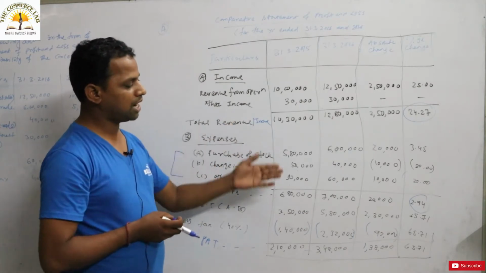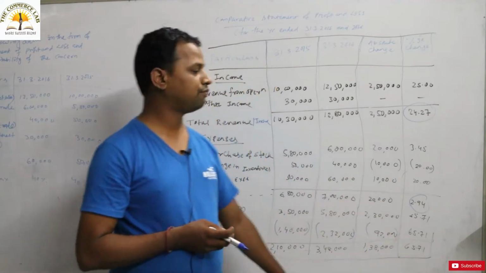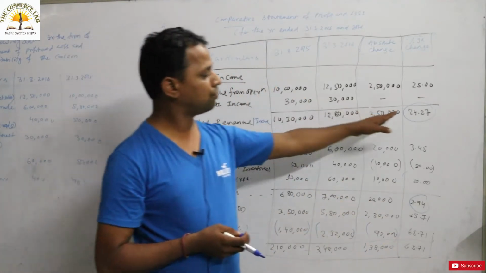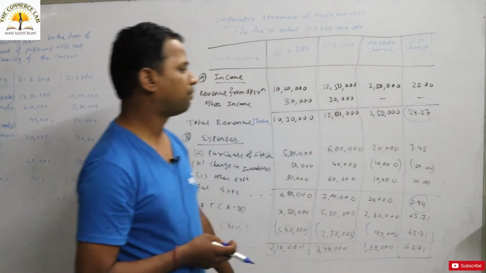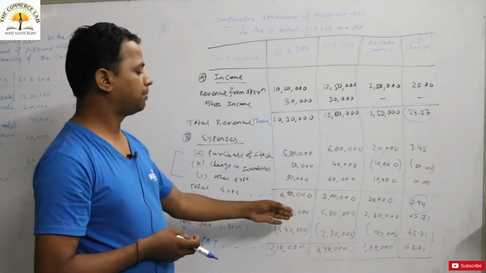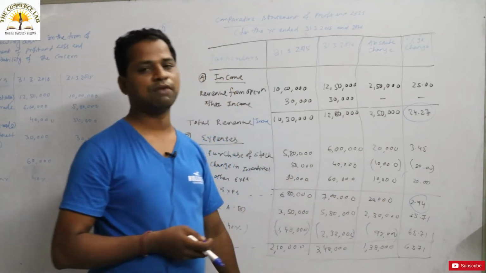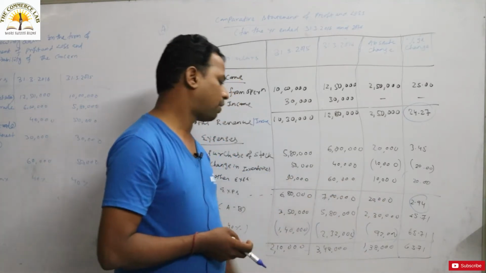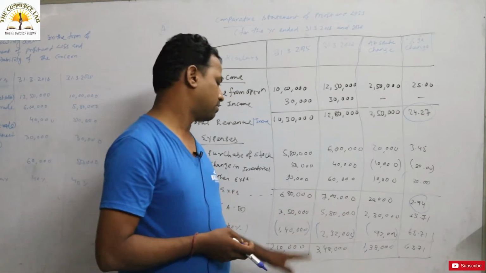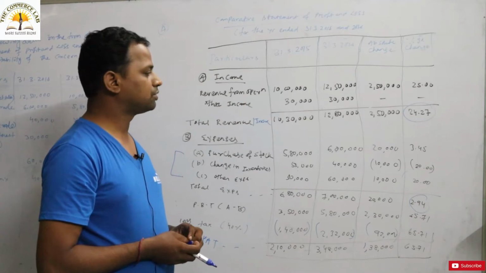Okay, so due to that the expenditure is something increasing like just 2.94%, whereas the income is around 4.27% increase in the revenue, and profit before tax is around increasing from one year to another year, that is 65.71%, and also the profit after tax is increasing around 65.71% from the previous year to the current year.